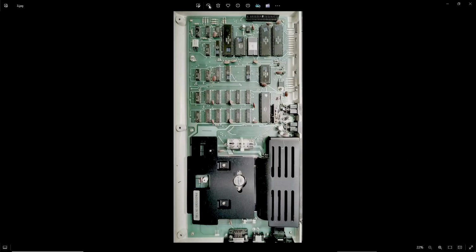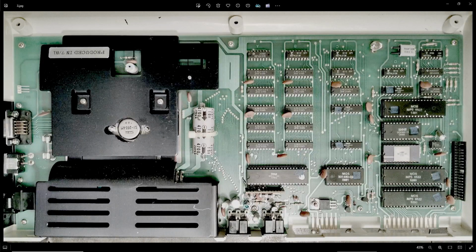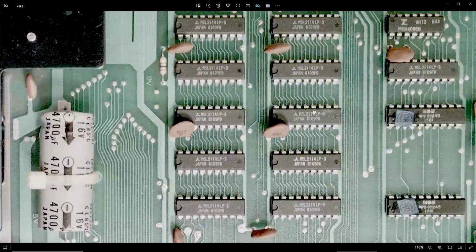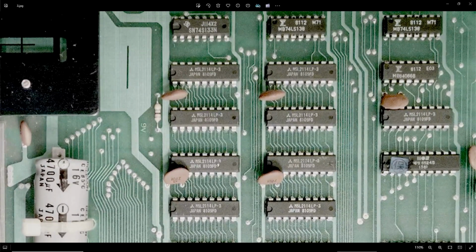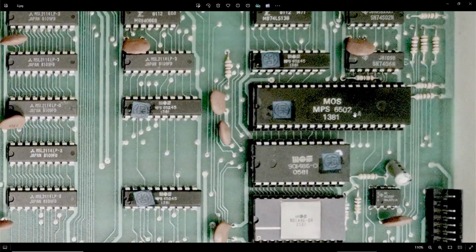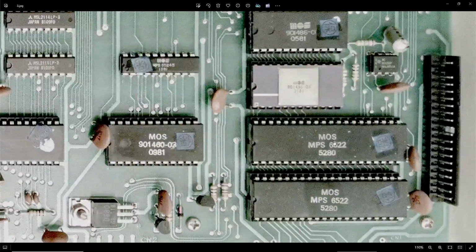But if you flip it around, we can actually then get a better view of the chips. So the memory chips used in the VIC-20 are the 2114, and there's 11 of them on here. We also see that it's using the 6502 for the processor, and it has 2 of these 6522s in the